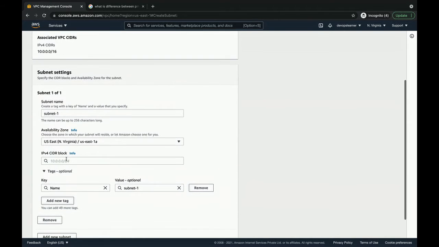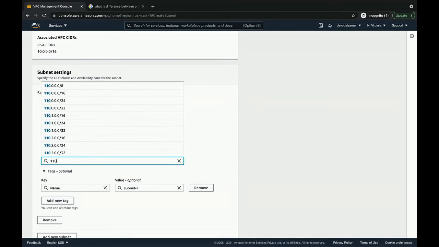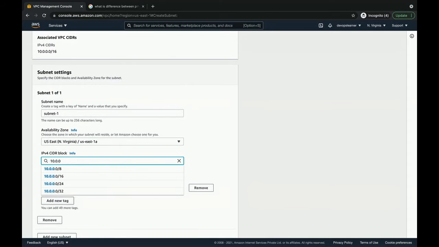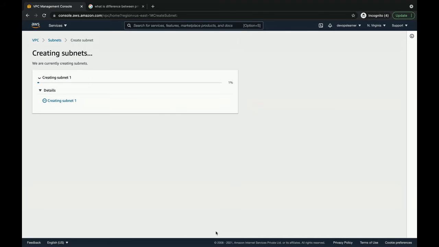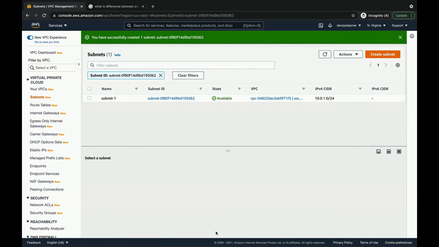For the CIDR block, I'm just selecting 10.0.1.0/24. This is the CIDR block I'm starting with, and I click on create subnet. My subnet is created. My subnet CIDR block is 10.0.1.0/24.